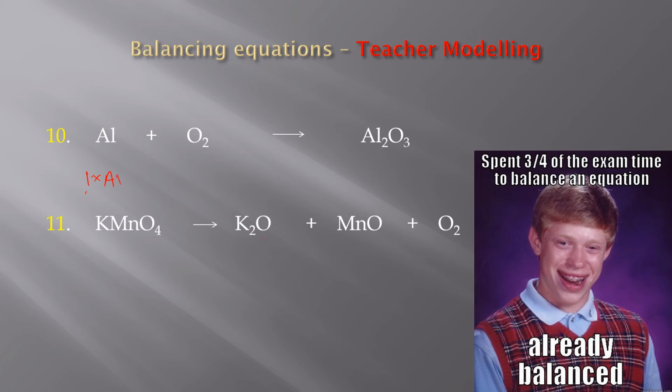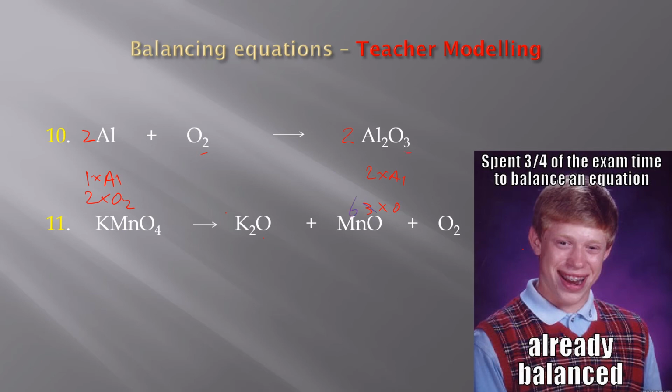1 aluminium, 2 oxygen. 2 aluminium and 3 oxygen. Now, it would be tempting and easy just to say 2 aluminiums there, 2 aluminiums there, they balance, but the oxygens don't balance. 2 on one side, 3 on the other. Now the easiest way to do this is, there's a 2 there, put a 2 there, which means we now have 6 oxygens,